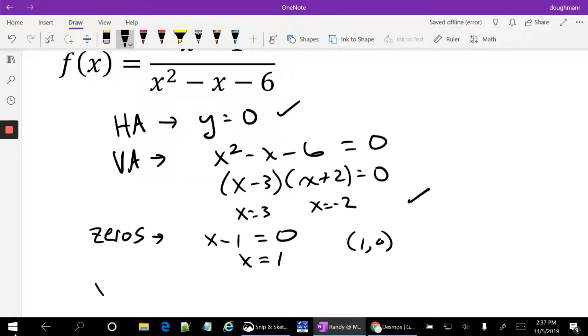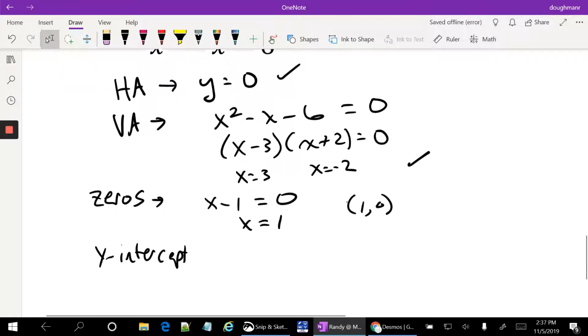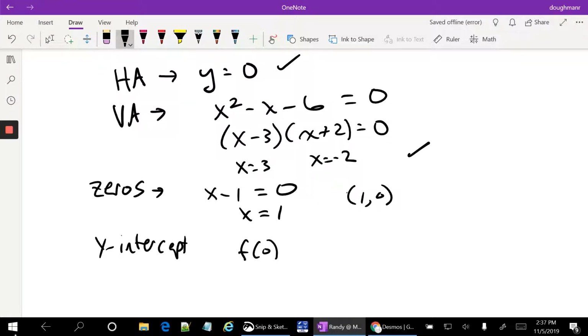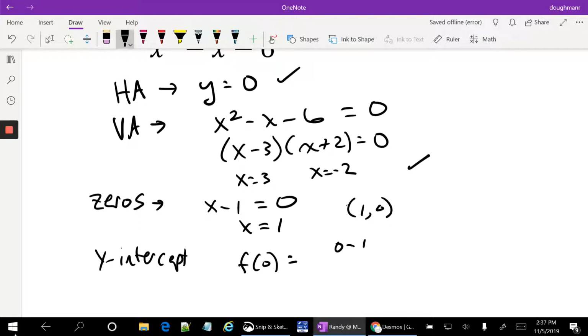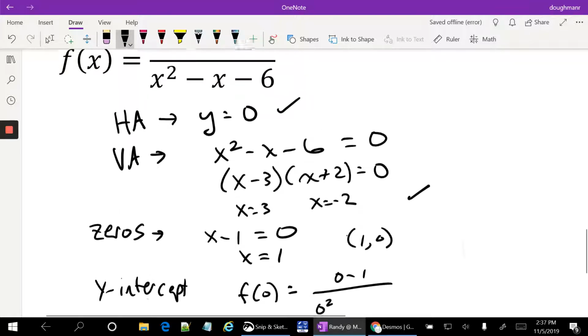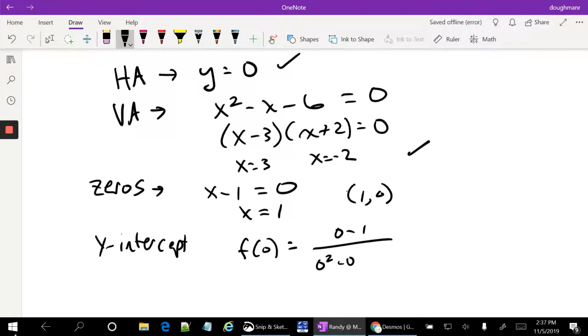And then the last thing is the y-intercept. Actually, I shouldn't say plural. There's only ever going to be one y-intercept, and for that you just put in 0 for x. So in this case, we get 0 minus 1 over 0 squared minus 0 minus 6, which is negative 1 over negative 6, or 1/6. So for the y-intercept,